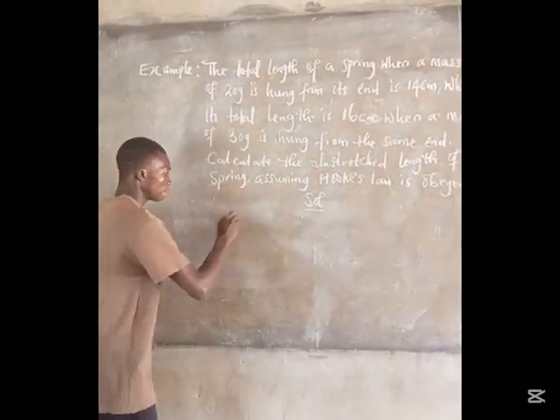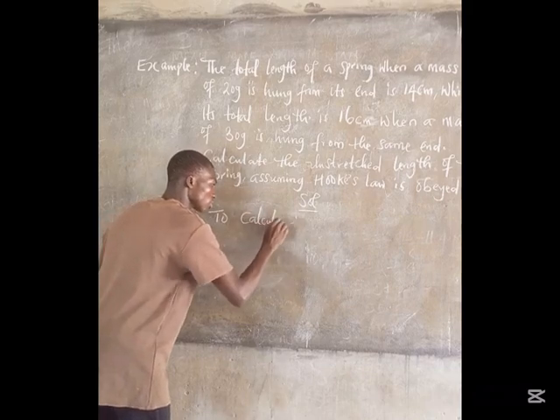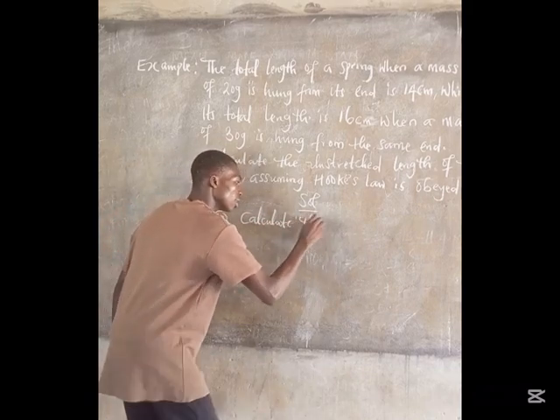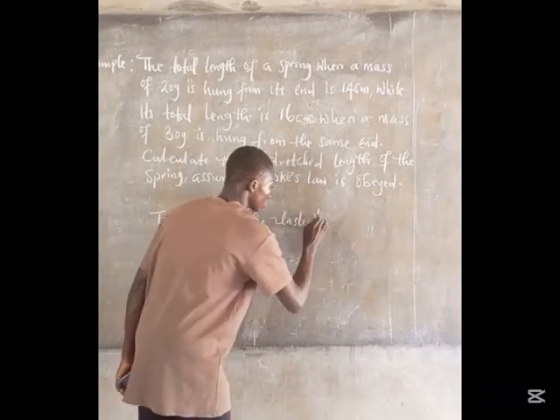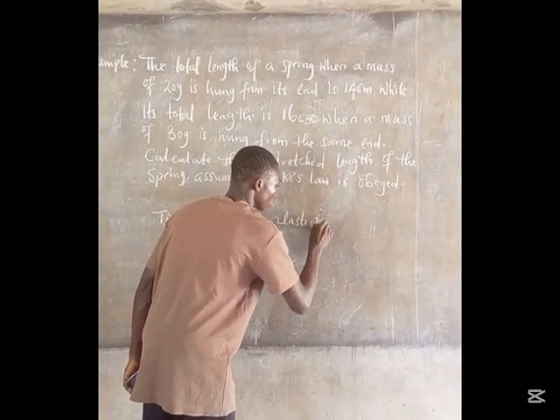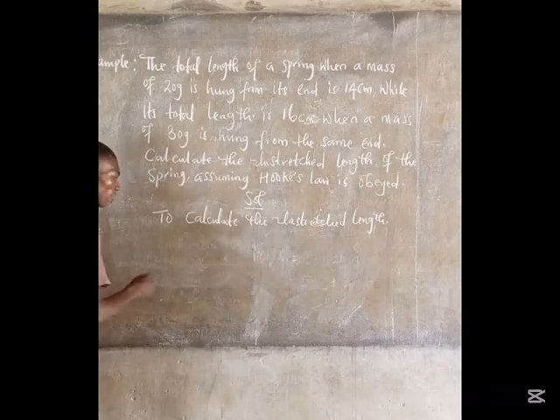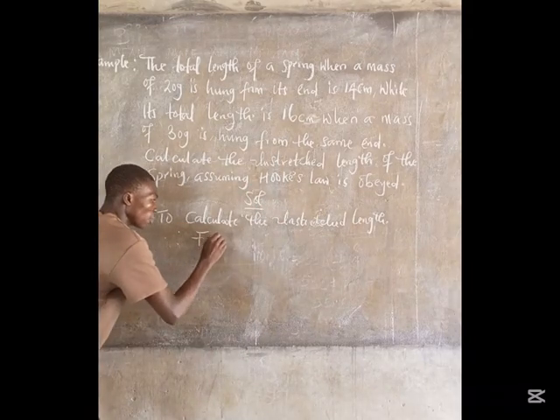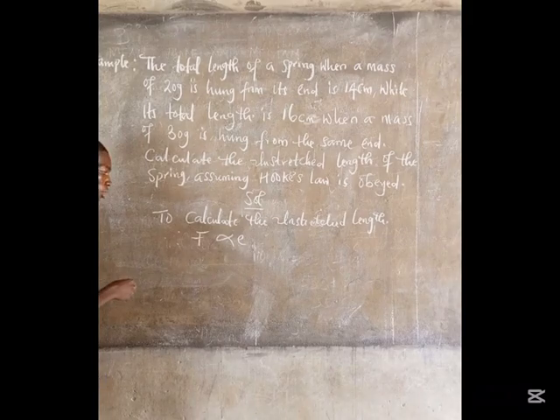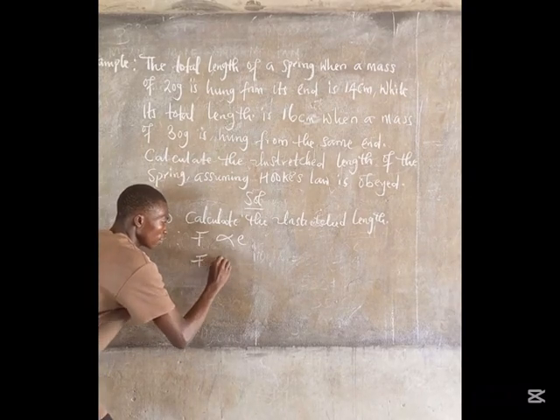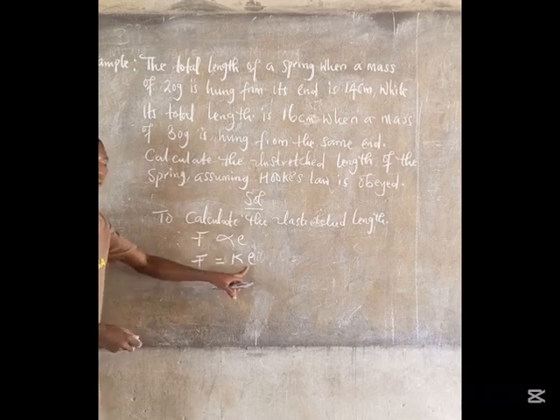obey Hooke's law to calculate the unstretched length. So therefore Hooke's law is directly proportional to the applied force. So I can easily say that F is equal to K E, where K is the proportionality constant,